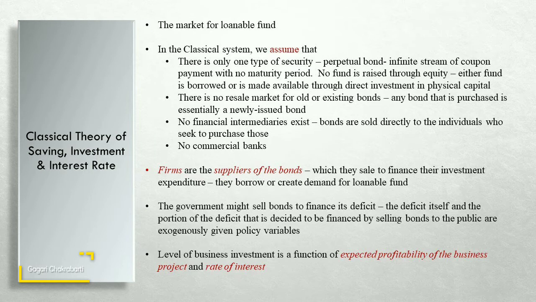In the classical model, we assume that the bonds have no maturity period, so that they will be paying the coupons for an infinite time period. These types of bonds are called the perpetual bonds. In the United Kingdom, a perpetual bond was immensely popular, which was known as consol. Therefore, often these perpetual bonds are termed as consol.